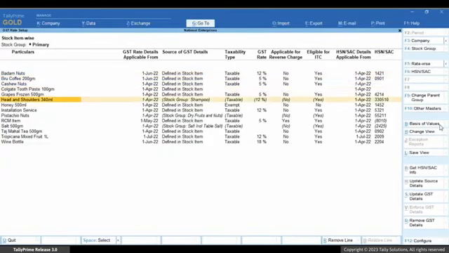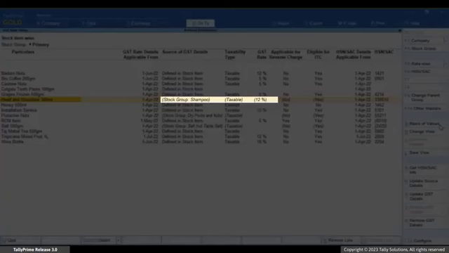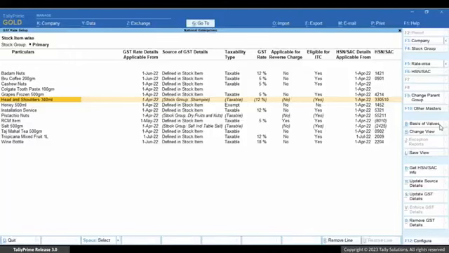This item has the source stock group. This means that the GST rate details are considered as mentioned in its parent stock group whenever you record transactions. Now, let's say you want to change the GST rate details in the source of the stock item, that is, in the stock group. Select the stock item